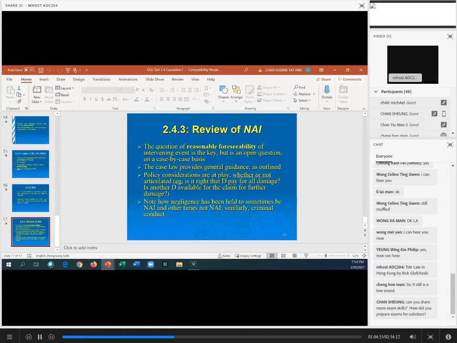But I think Knightley and Johns is a good one. Okay. So case law provides some guidance, but policy considerations are also at play here. Okay, in that the important function of tort law, remember, is compensation. So you've got to make sure that the plaintiff is able to sue somebody and get compensation.